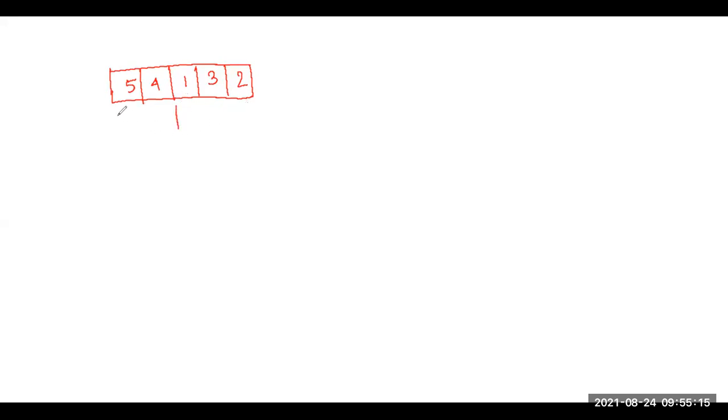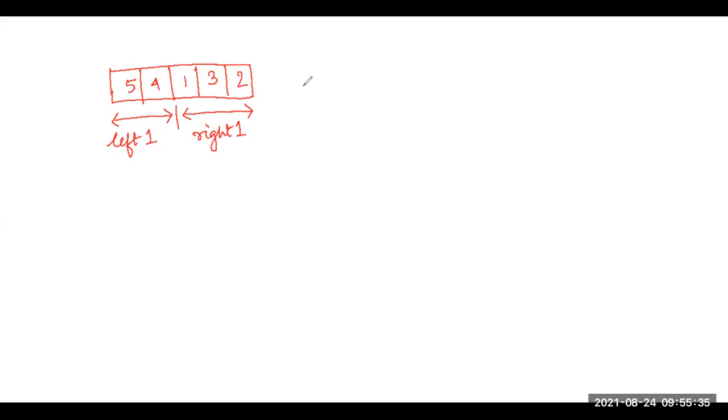Suppose this is the segment I am taking. So this is one part and this is another part. The array will be roughly divided into two parts each and every time. So suppose this is my left array, the first partition which I am doing, and this is my right array.